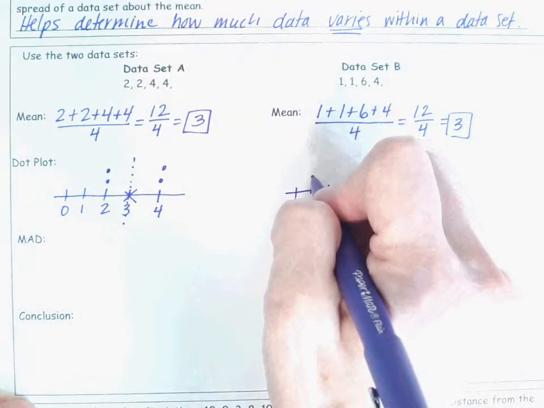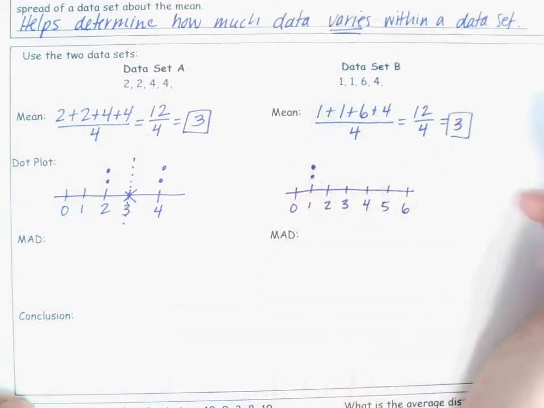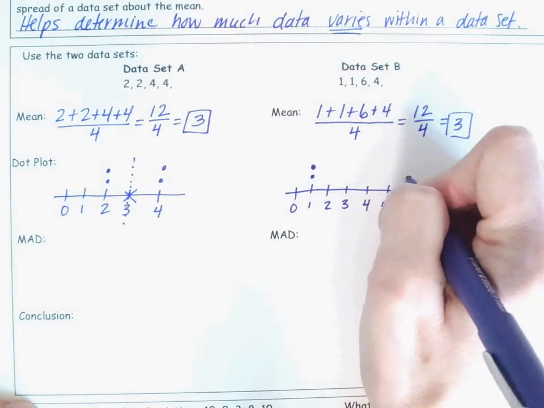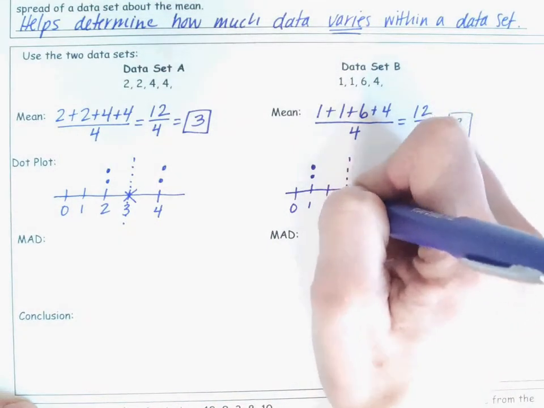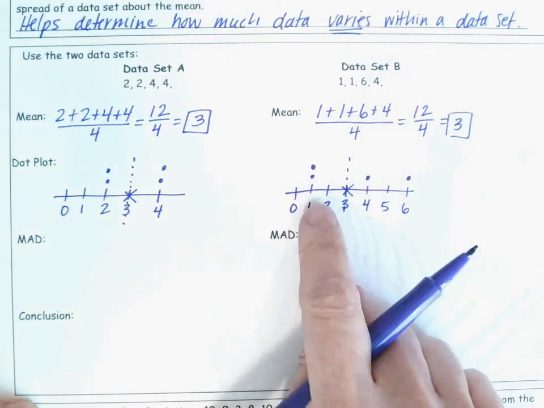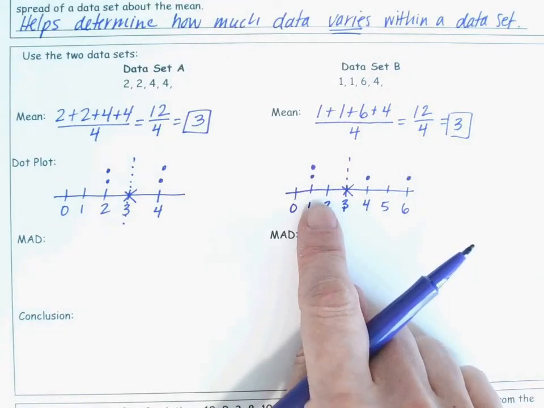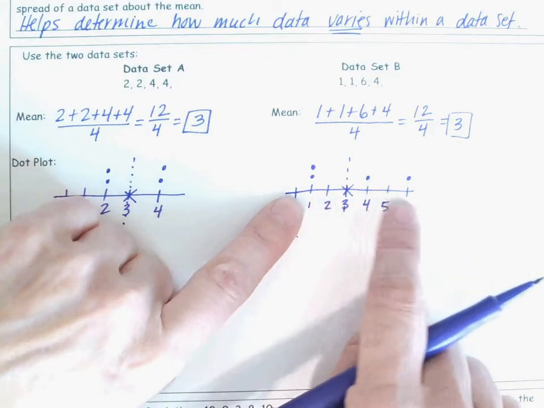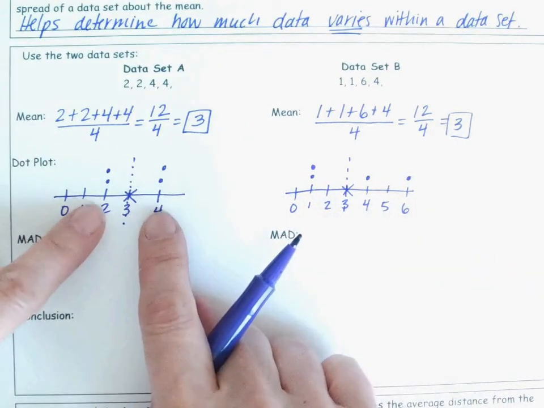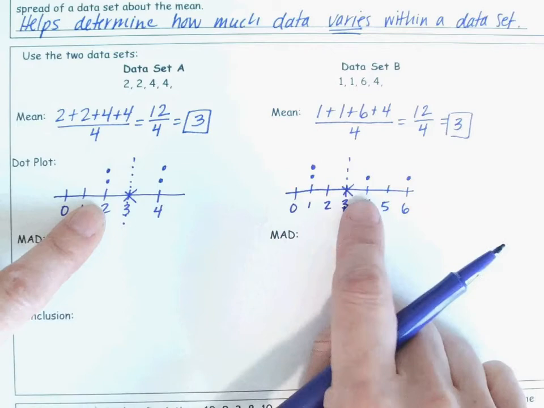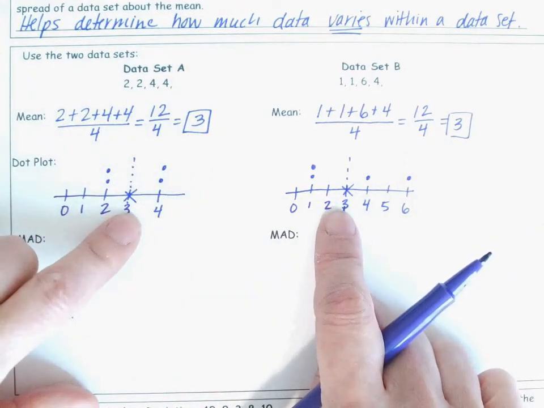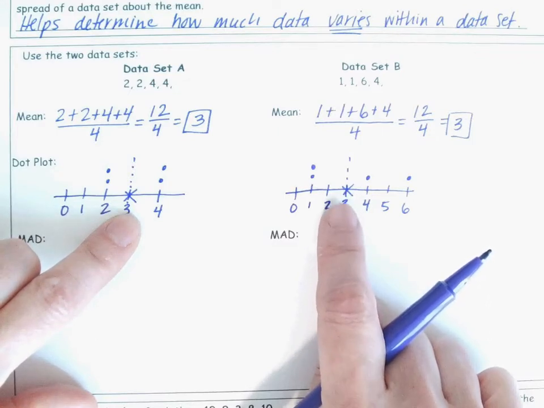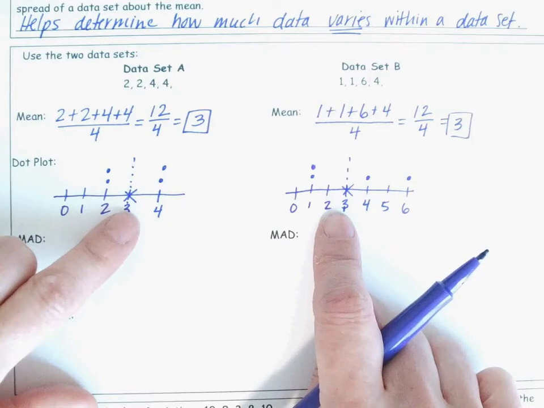Go ahead, mark 2 points for 1, a data point for 6, and a data point for 4. Again, I'm going to mark my mean in here. Here it is. And I see that my data values are more spread out than data set A. Okay, so again, we have the exact same mean, but we have a different spread of our data. So one is definitely more variable than the other, this one over here with B, while A is more